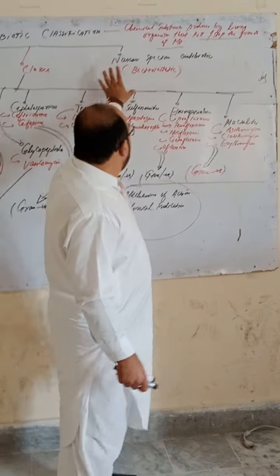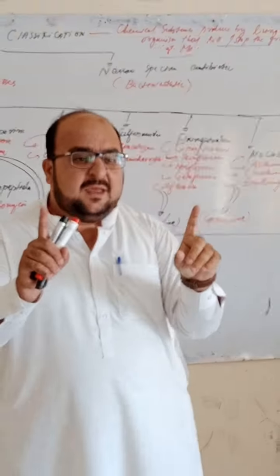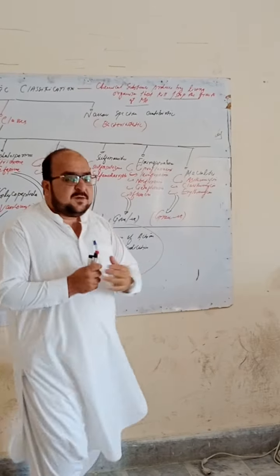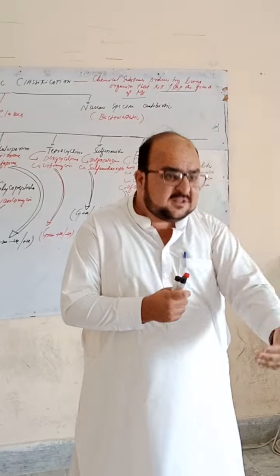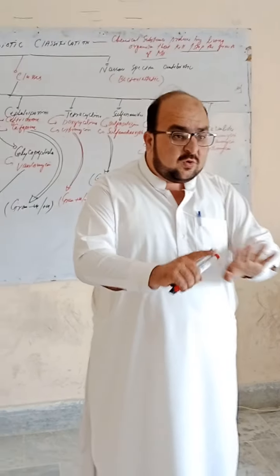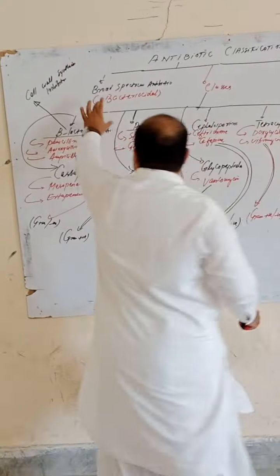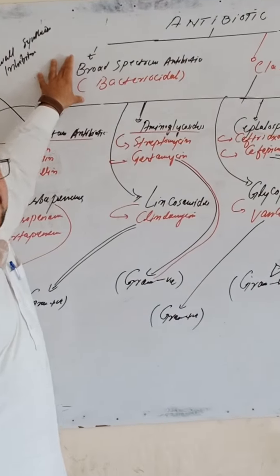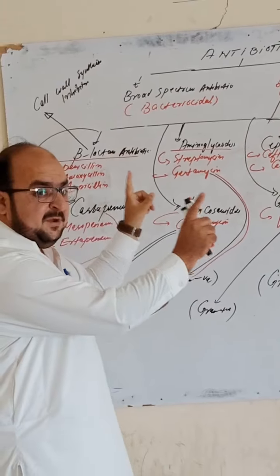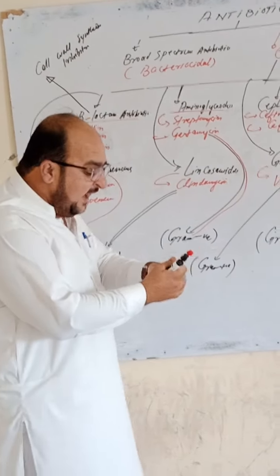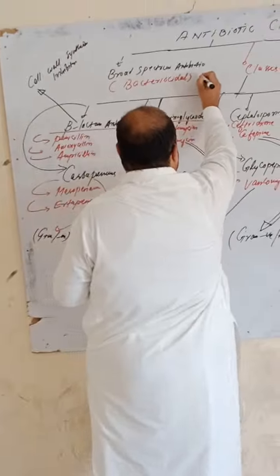So bacteriostatic agents are also called narrow spectrum antibiotics. They can only inhibit the growth of microorganisms, not kill them, including spores. This is the case which I am going to explain in broad spectrum. So it has a different spectrum of activity. It has strong activity against gram-positive and gram